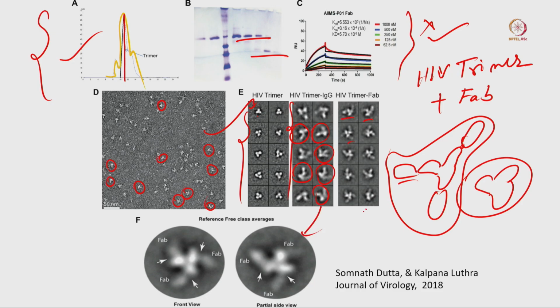This is the enlarged view of these, where this is the part of the HIV trimer where the antibody is attached in this particular place. The same thing here also, this is basically our trimer and those are the antibodies attached to my sample. So from this study we can visualize that this is our HIV trimer, and when we incubated the HIV trimer with the antibody, where the antibody is interacting, and what the overall morphology of this protein is. We can determine all of this from this negative staining study.